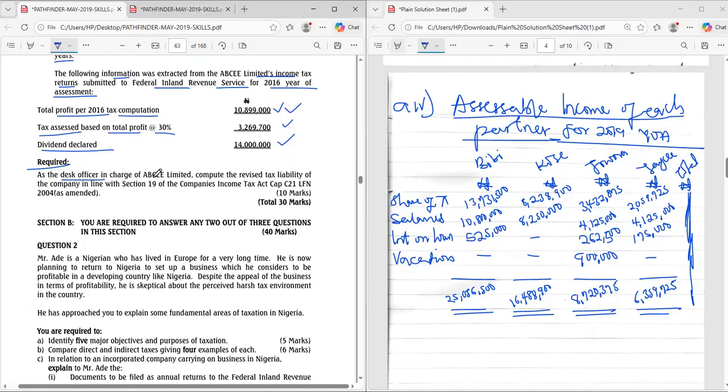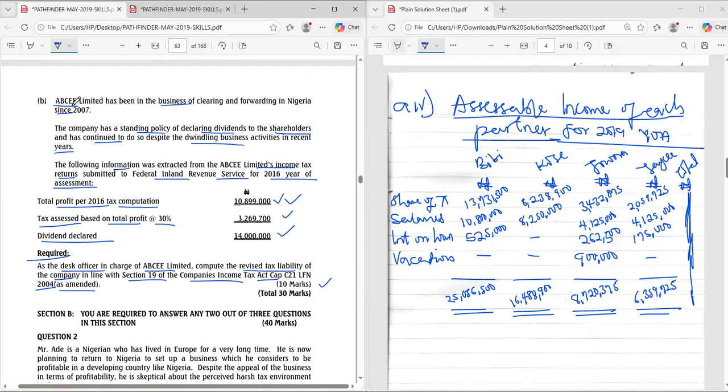Then required: as the desk officer in charge of ABC Limited, compute the revised tax liability of the company in line with Section 19 of the Company Income Tax Act, Cap C21, Laws of the Federal Republic of Nigeria, 2004, as amended. 10 marks. Why would they give this